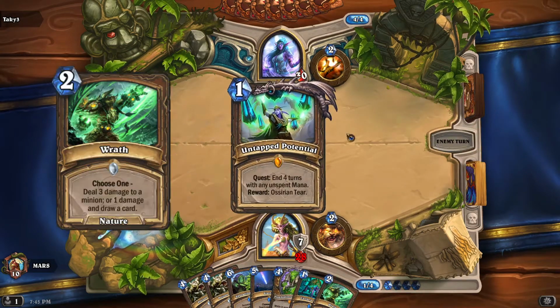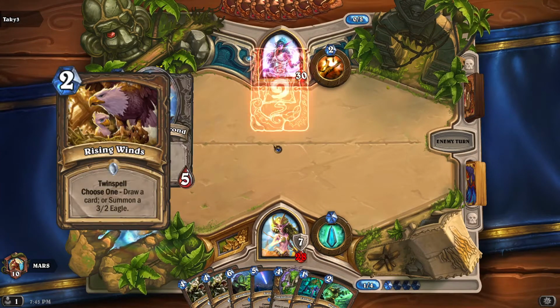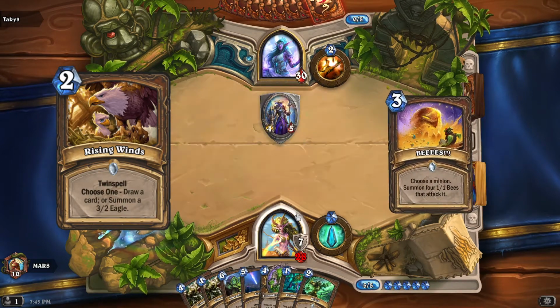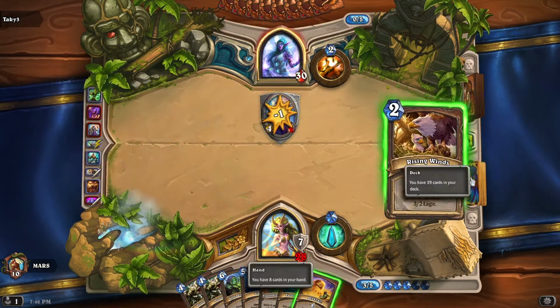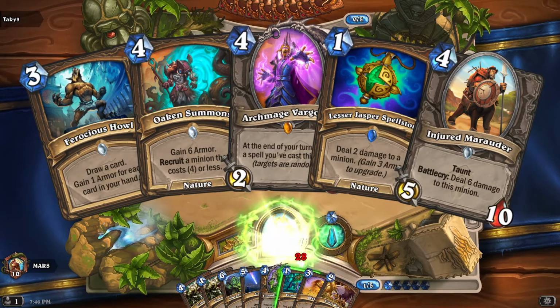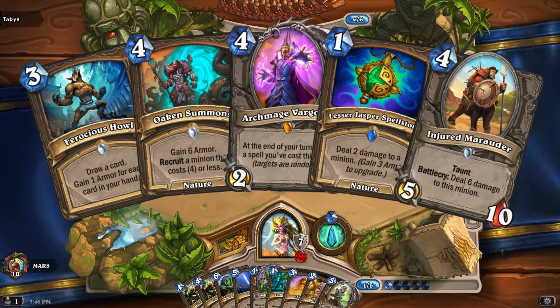For example, we have Rat here because, well, deal 4 and draw a card is nice for 2 mana. We have Rising Winds to get some 3/2s and to help us cycle through our deck. And we have Nourishes because they're amazing with the quest, and especially after you play the alignment. There's also the armor package here with the Spellstone, Ferocious Howl, Oaken Summons, Dragging Wargoth, and injured marauder out of your deck, as well as giving you some armor and a way to clear some minions